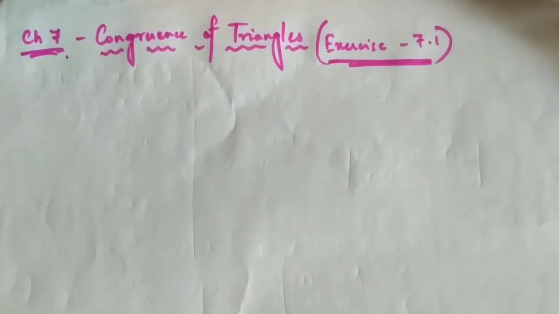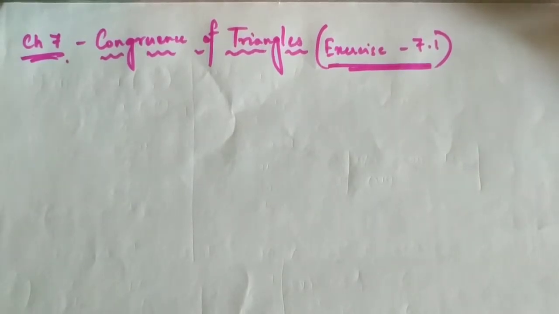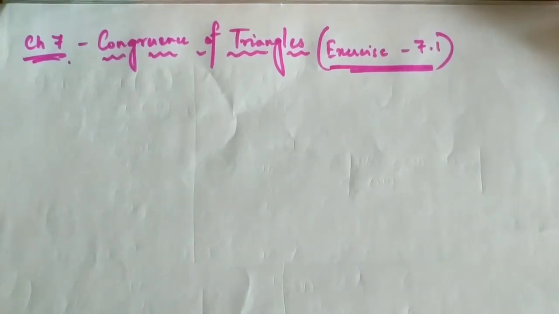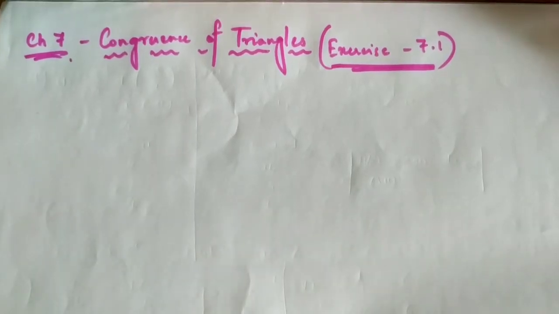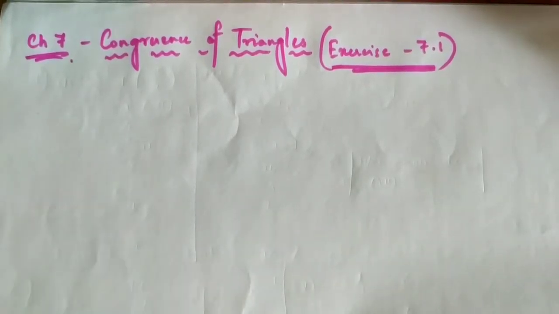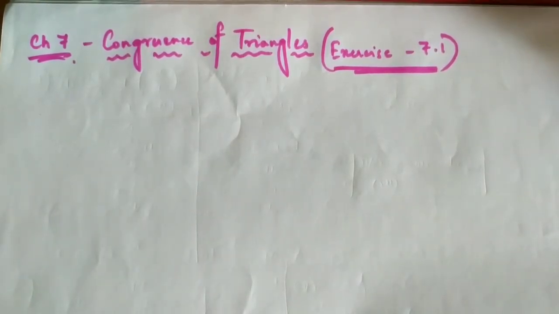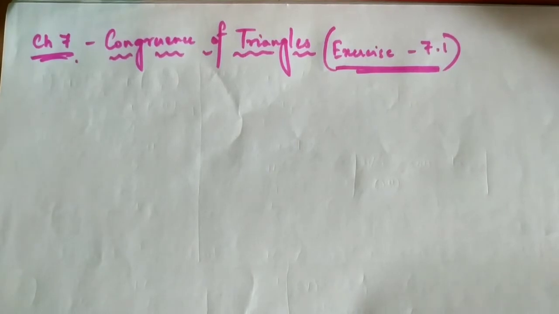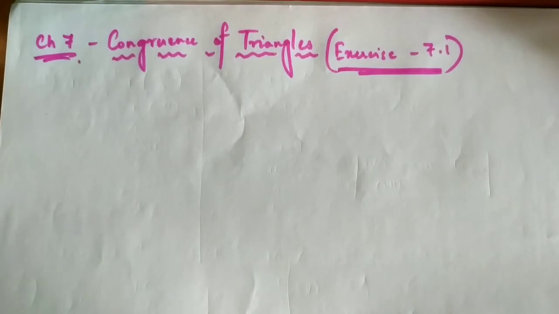Hello everyone. Let us start with exercise 7.1 today of our chapter 7, that is congruence of triangles. In the videos that I have given in your first day's class, you have been shown the congruence criteria of different triangles, like side angle, and RHS, etc., and how two triangles or any figures are said to be congruent. Now here we'll start with the exercise question.